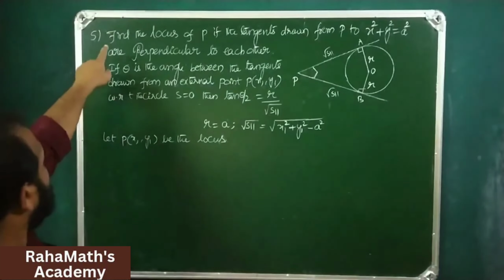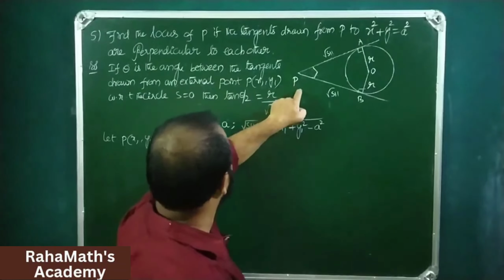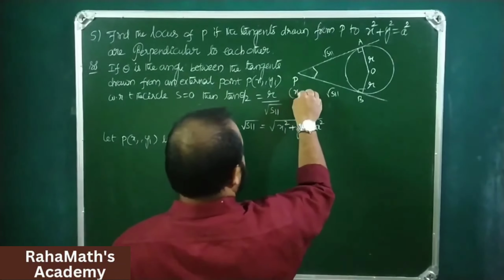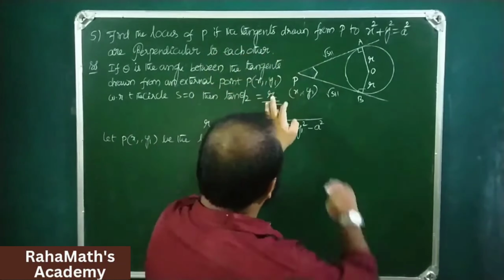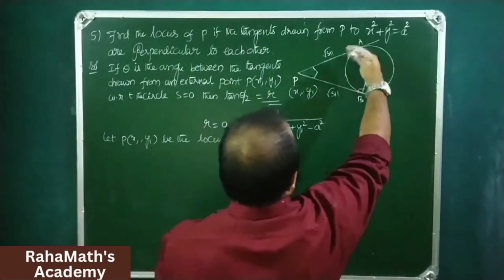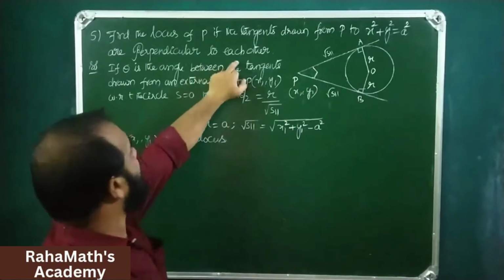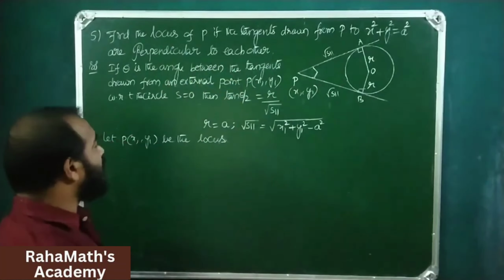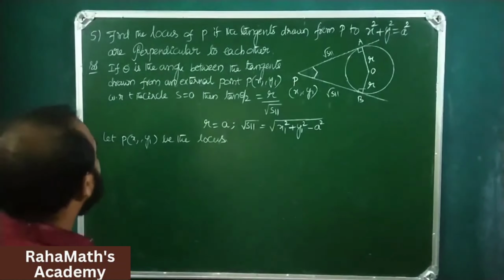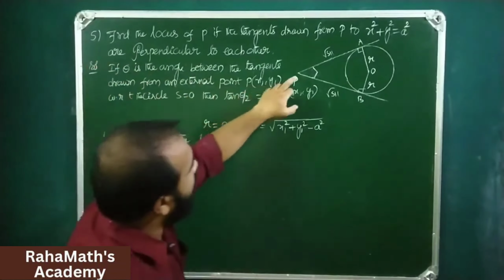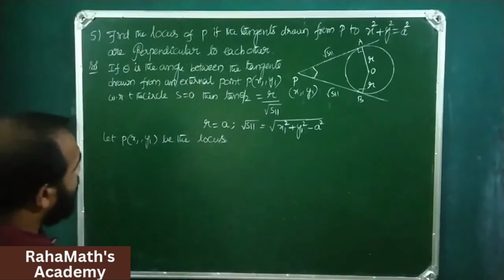The similar kind of question: find the locus of P. Let P(x1, y1) be the locus, if the tangents drawn from P to the circle x square plus y square equals r square are perpendicular to each other. If they are perpendicular to each other, we need to find the equation of the locus of P. So similarly, if theta is the angle between the tangents drawn from an external point,